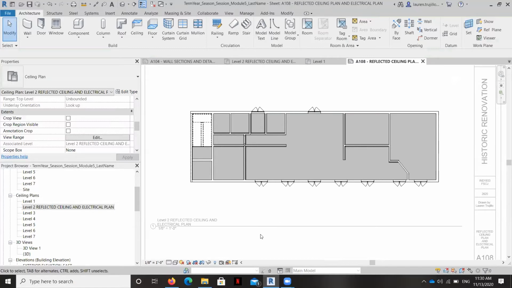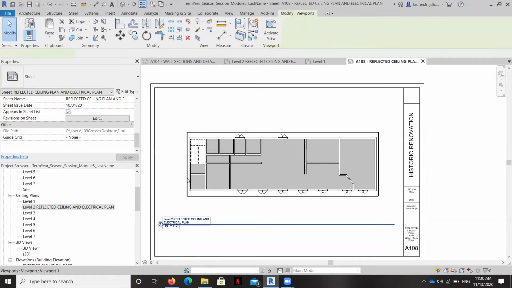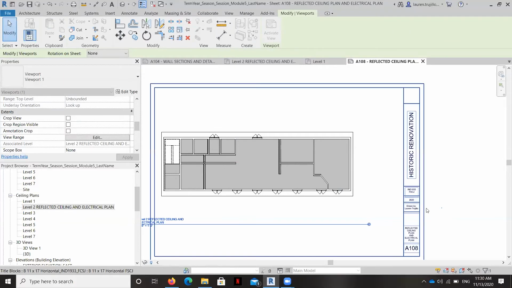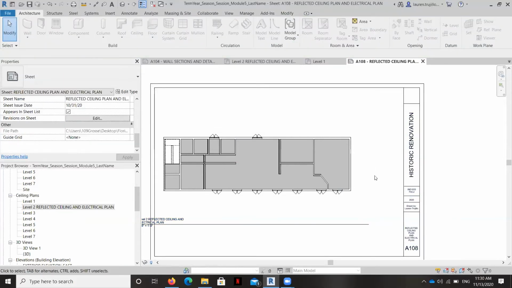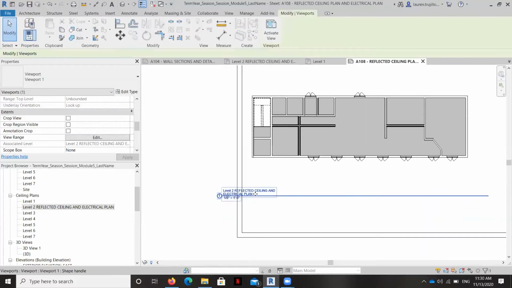Okay, and I'm going to move this plan over, because again, we're going to have that legend there eventually. And I'm going to move this up.